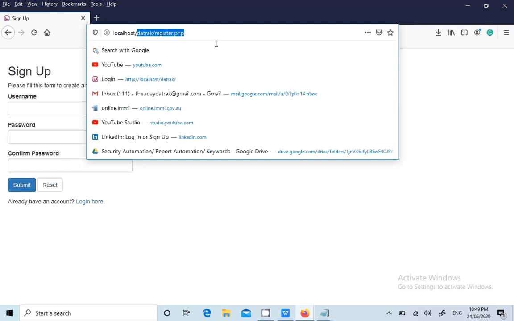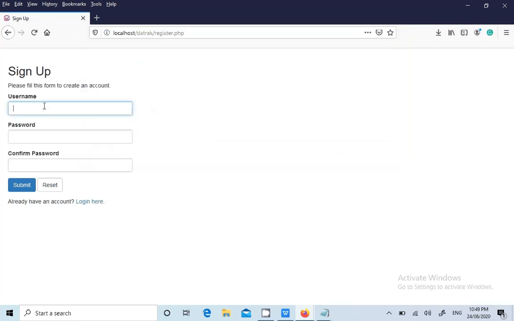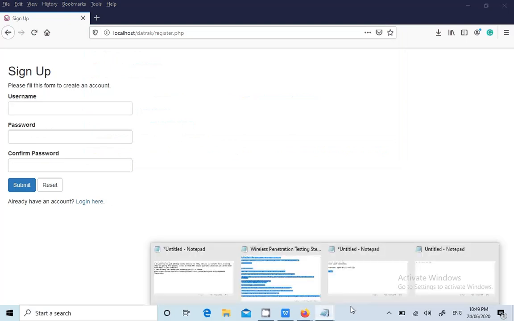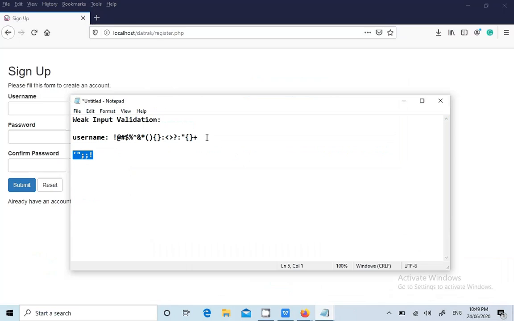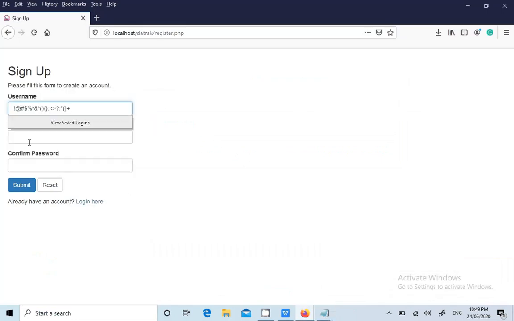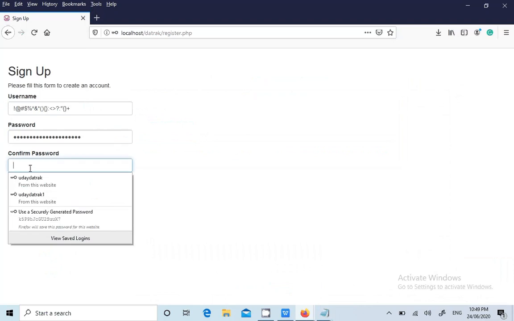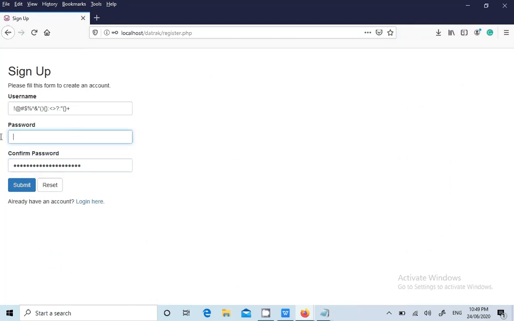Do not enter, like, if the sign up page is asking for, let's say, first name, last name, email address, you should not enter all these complete characters in all the fields, like username, let's consider this as a first name, or else email address. You should not enter everywhere. Try in one request, you have to submit in username request. If it is accepted, then simply raise a security issue saying that yeah, it is accepting and then what are